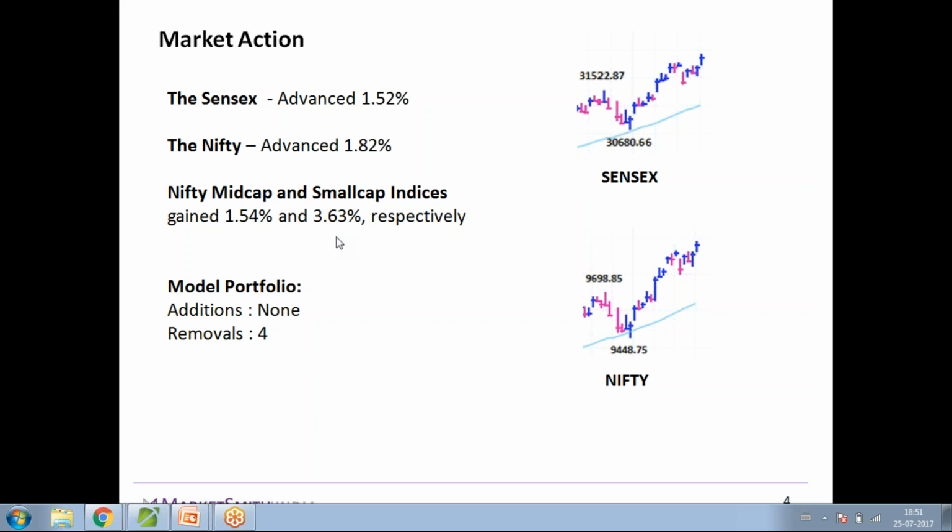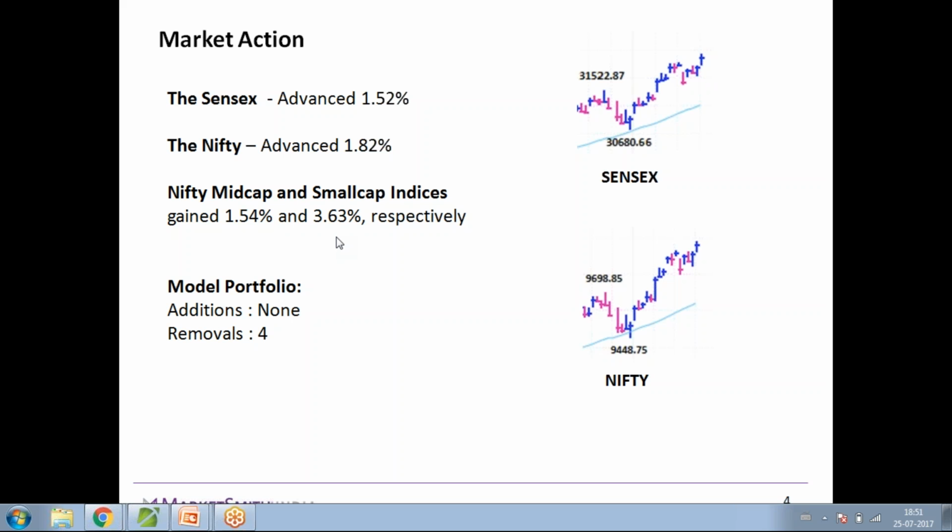Generally, when you see bull markets, you see these broader markets like the mid cap and the small cap indices outperforming the headline indices like the Sensex and the Nifty. But over the last fortnight, the performance of the Nifty mid cap has been very much in line with the Sensex and the Nifty only. It did not outperform as such. And also,